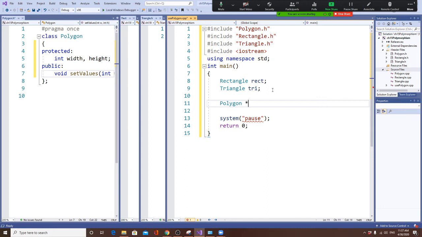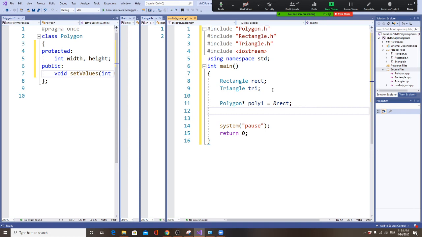Then I'm going to use a pointer. Pointer is asterisk. I'm going to call it poly1. Poly1 is going to point to an object, an address of an object. The object is, I'm going to point to the RECT. So now that pointer always goes over there. This means I'm going to use a pointer called poly1, and then it will be assigned. So that means your rectangle